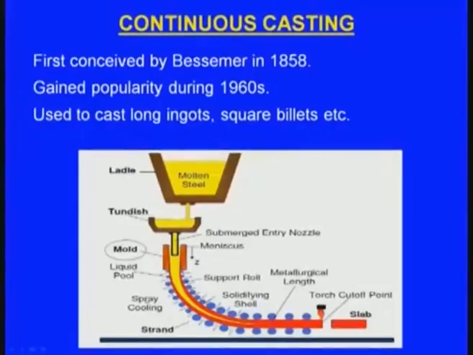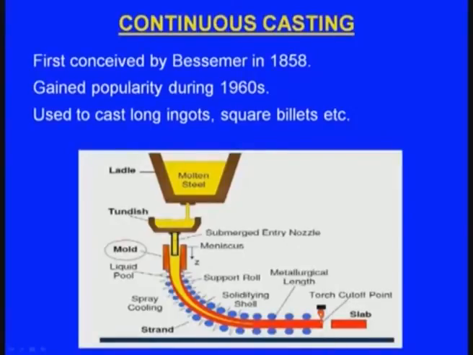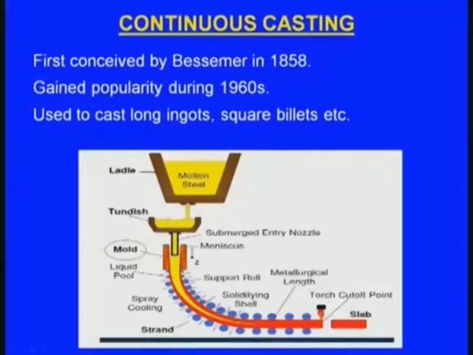So, slowly the solidification is increasing, you can see here. Slowly it will be moving, and there will be rollers which will be rotating, and you can see here that by the time it comes here it is totally solidified. Then it will be further moving and it will be cut using a torch or a hacksaw, and this is the finished slab. It can be a cylindrical slab, square slab, hexagonal slab or any other section. So, this is the simple principle of continuous casting.